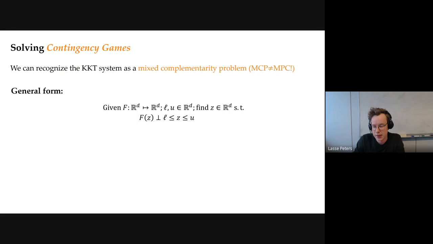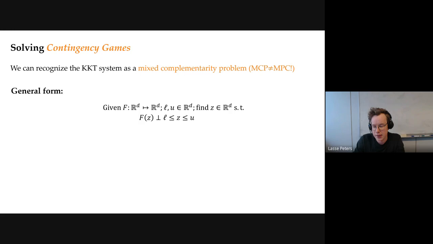mixed complementarity problems, or MCPs for short, which is annoyingly close to MPC, but they're not the same. Now, a mixed complementarity problem in its general form asks the following question. Given a function f mapping from R^d to R^d and the vector of lower bounds L and upper bounds U in the same space, find